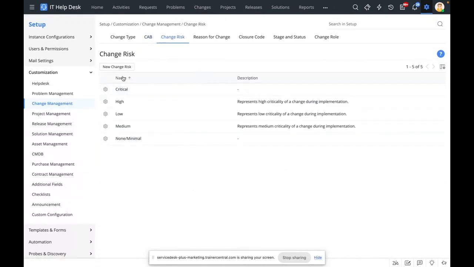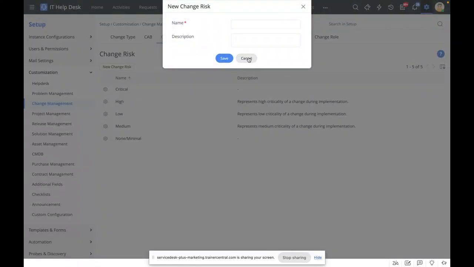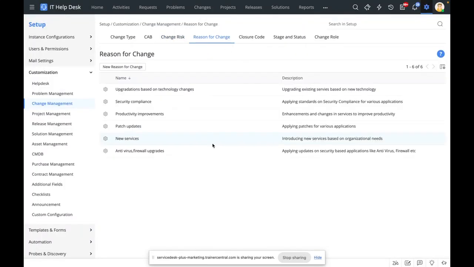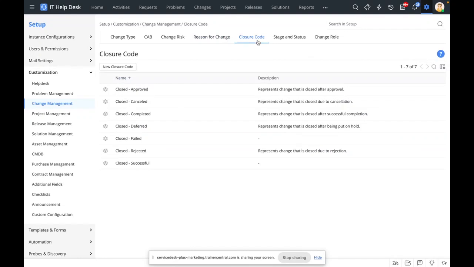And over here, you could create a new change risk, give it a name and a description, a very simple dialog box. And a reason for change, a single one-liner, for instance, a backup, a file upgrade, or a patch update. So you could just categorize these changes with the reason and a closure code. It's very similar to reason,